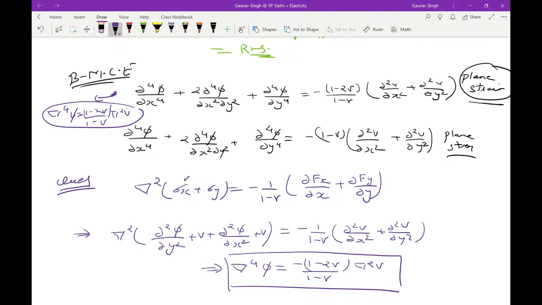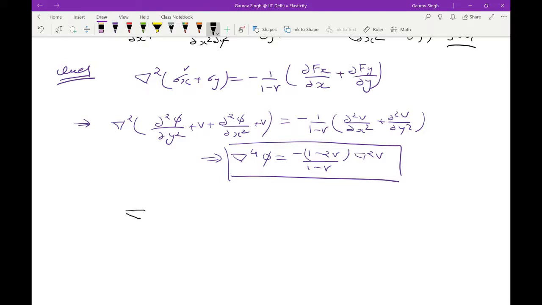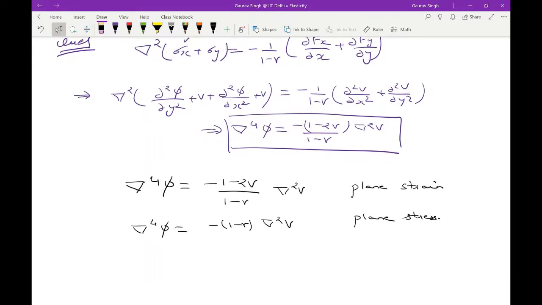So for plane strain and plane stress, this similarly can be derived. So let me just write out so this form